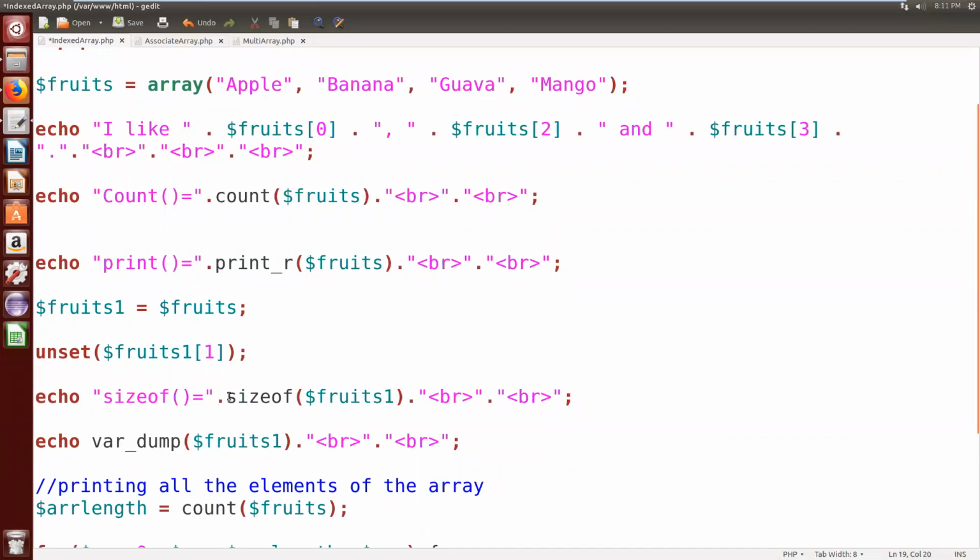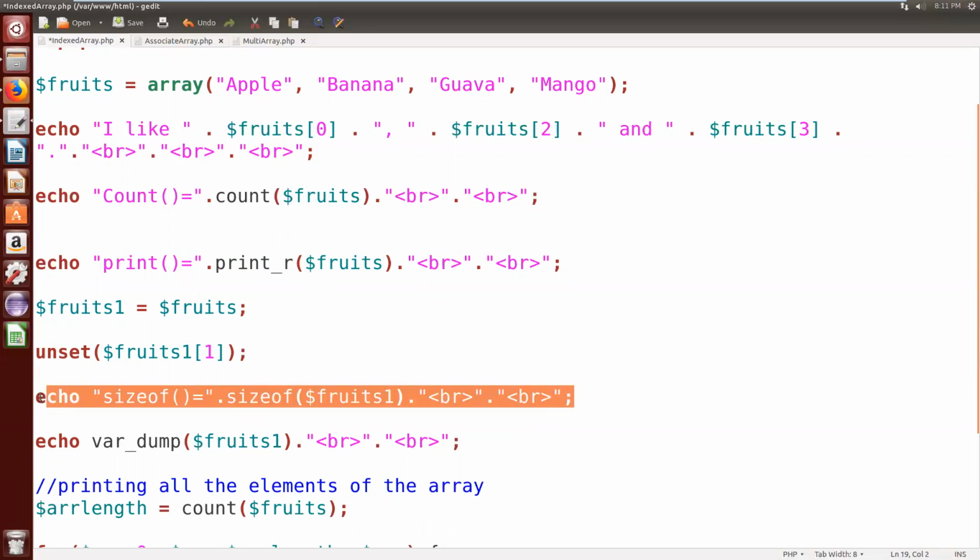The count function returns the number of elements of that particular array. The sizeof function does the same task, so it will return the number of elements of fruits1. Now after deletion, how many elements are there in fruits1? 3 elements. So the sizeof function will return 3.